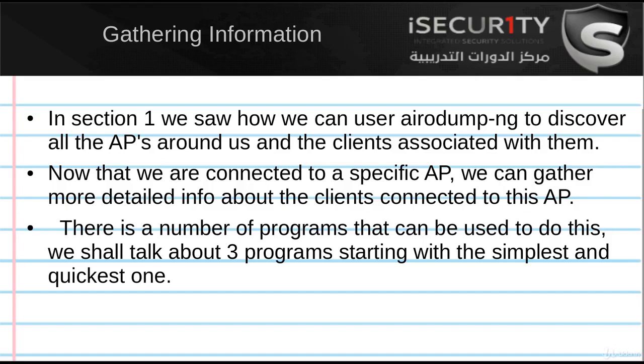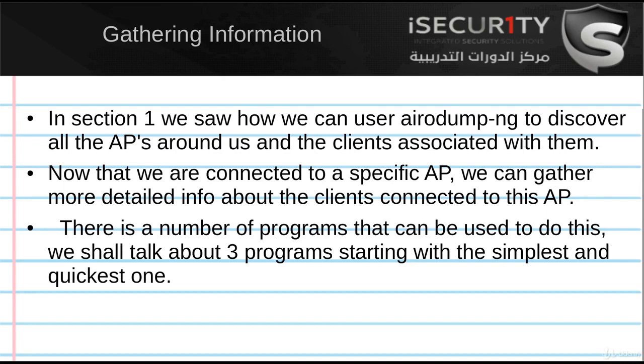The first thing we're going to talk about in section 3 is gathering information. Gathering information about the connected clients and the router is very important because it will help us know their IP addresses, their MAC addresses, the operating system that they're running, and the ports that they have open in their devices. And for example, for the router, we'd be able to know the manufacturer of the router, and then we'd be able to look for exploits and vulnerabilities that we can use against the router or against the clients